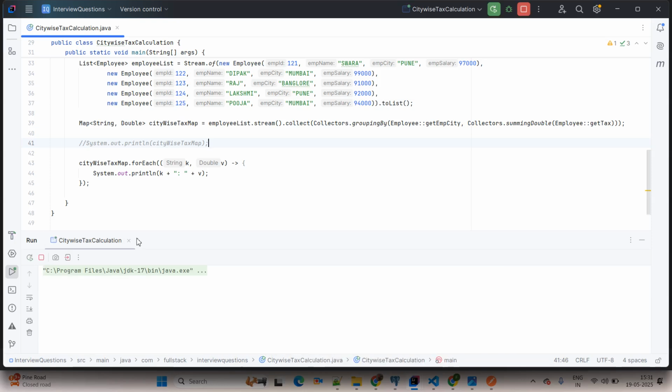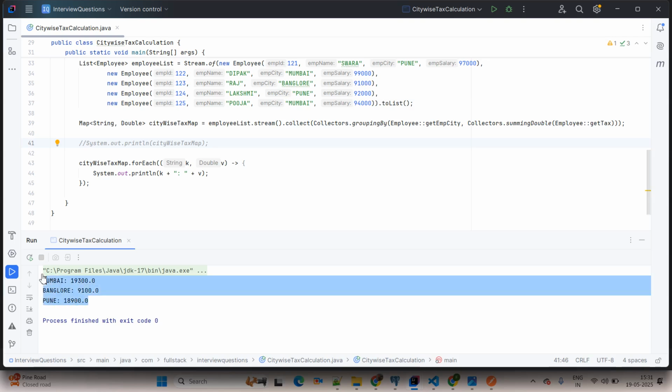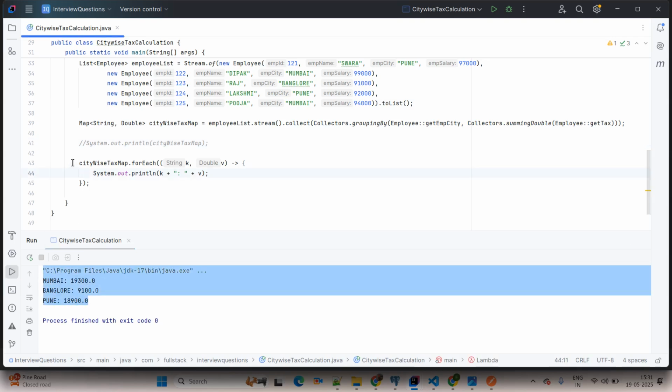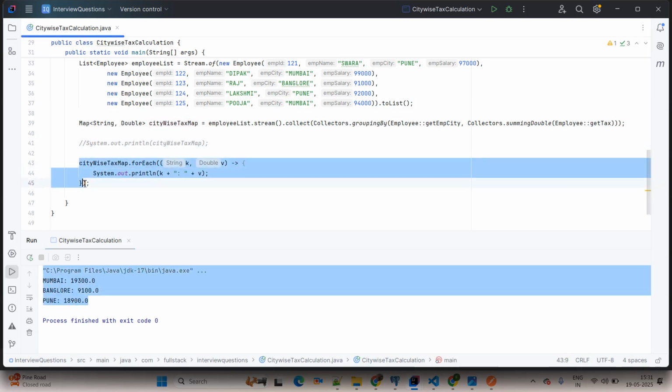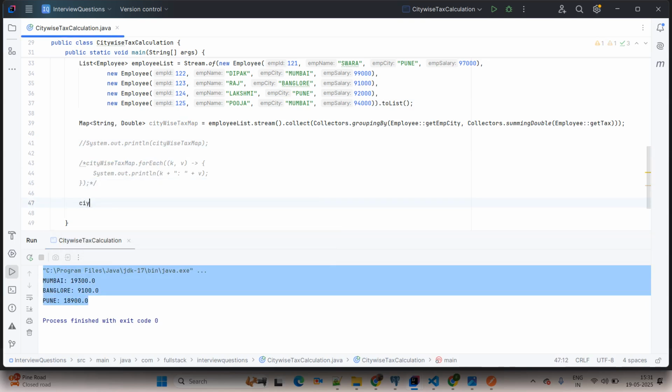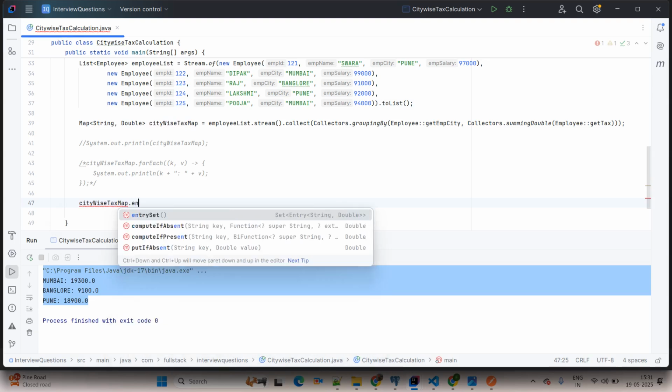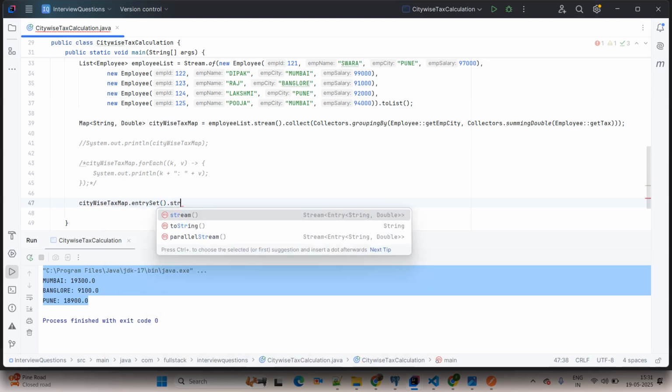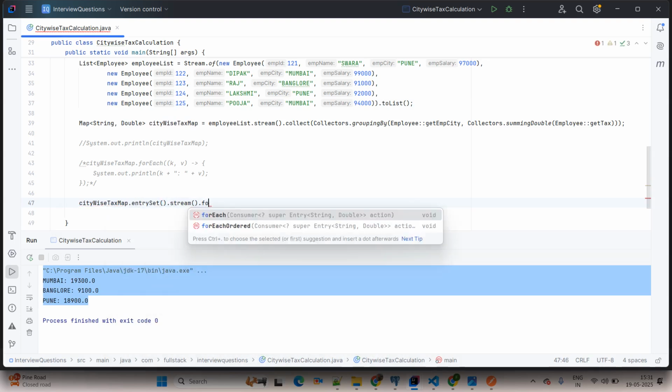First it prints Mumbai, and this is the tax. Bangalore, this is the tax, and again for Pune this is the tax available here. Perfect. But if you want to iterate using stream API also, then definitely you can go with another approach. You can simply use cityWiseTaxMap.entrySet().stream(),